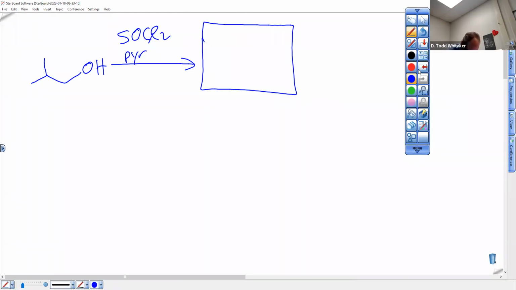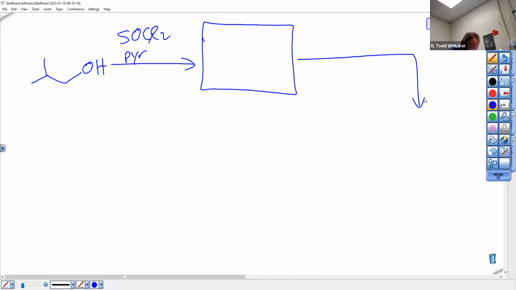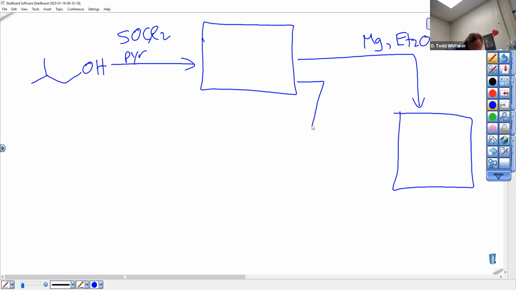And then I'm going to go 3 ways from here. I'm going to go with Mg, H2O. In this one, I'm going to go with lithium and that. And in this one, I'm going to go with